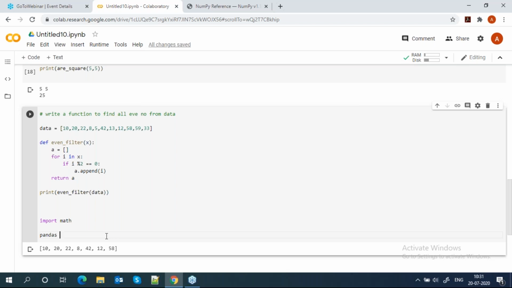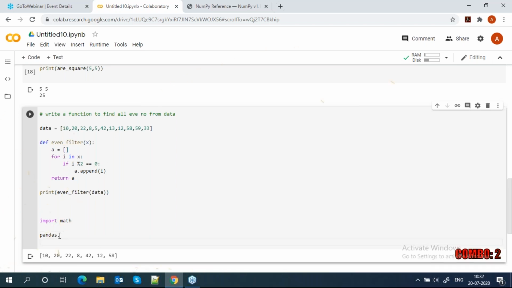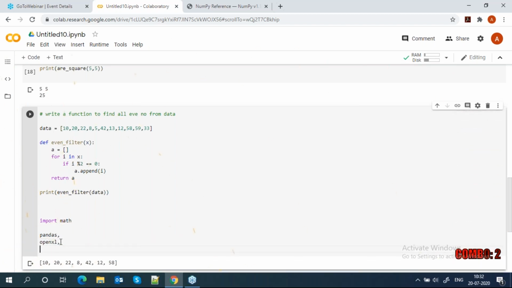Not only pandas and math, there are many libraries. If I am using some library, I search in Google. Suppose there is a new release for data analysis, then you go and see that particular method and compare them. If I am doing data analysis, we have Pandas. Another library there is OpenPyXL. This is also one library. There are many libraries in Python, so you can compare them simply.